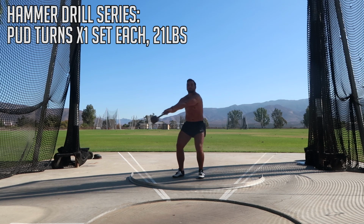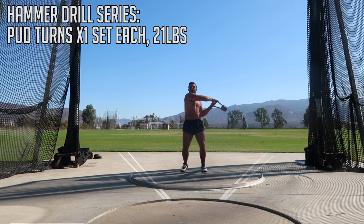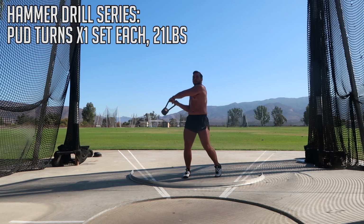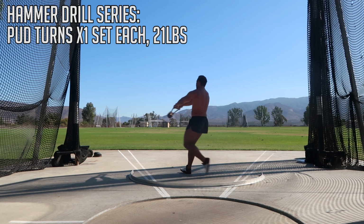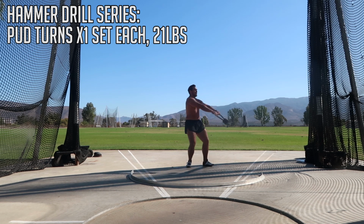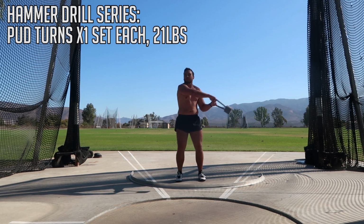I consider this kind of like my hammer conditioning work, if you will. Hammer specific conditioning work, when doing these repetitive stop and start PUD drills really works your core. At least the way I do them, I take probably no more than 30 to 45 seconds rest in between sets. If I'm training with young Shanahan, then it's normally just partner rest. So he goes, I go, he goes, I go, until we're done. It takes about 15 minutes, and we probably get in a couple good 100 turns, both left-handed and right-handed,